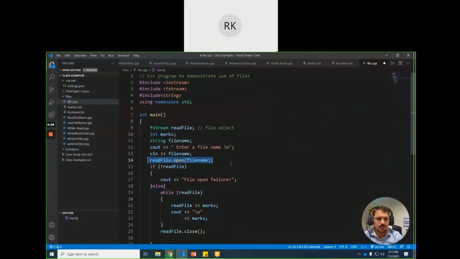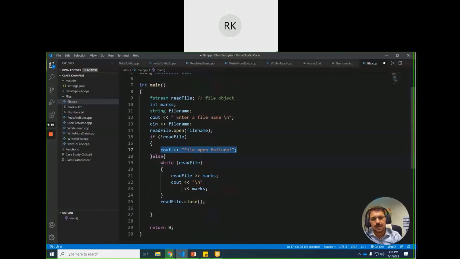Once we open the file, we can read from the file. We can check that once the link is established successfully, it returns a true status. Then this file will have a status true. If not true, then we can check that the file couldn't open. After that, while the file can be read, as long as we can read, you can display